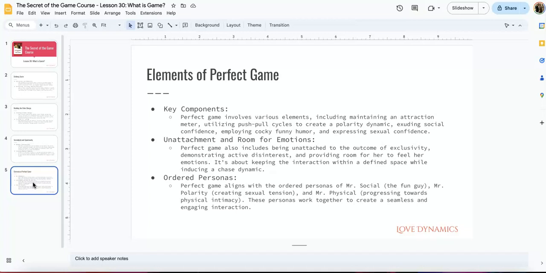There are also parts of game, especially in the West, that are non-attachment to the outcome and room for her to experience her emotions, playfully taking active disinterest in her. Those are important as well. And then the order of personas, of course, that we already talked about in previous lessons. So the social fun guy, Mr. Polarity going for flirtatious and sexual tension and playful drama, and then Mr. Physical progressing it towards physical intimacy.